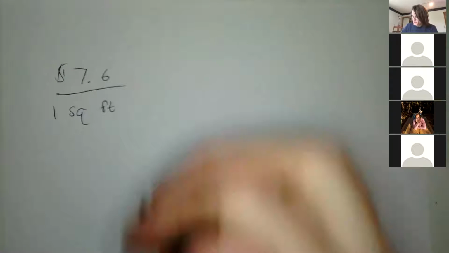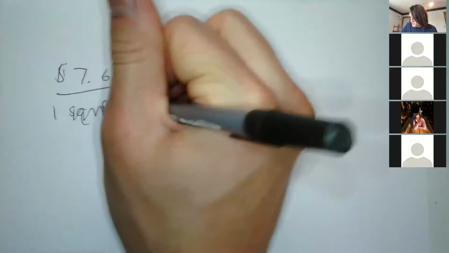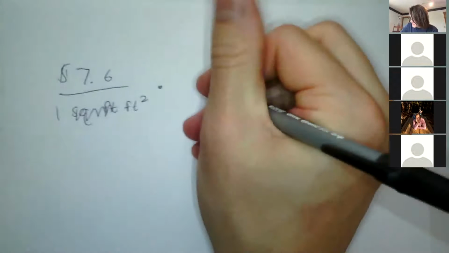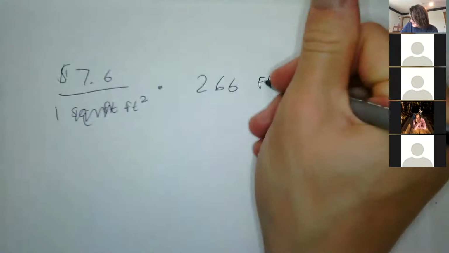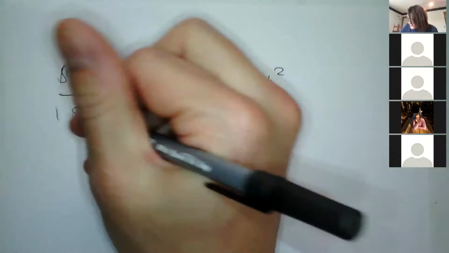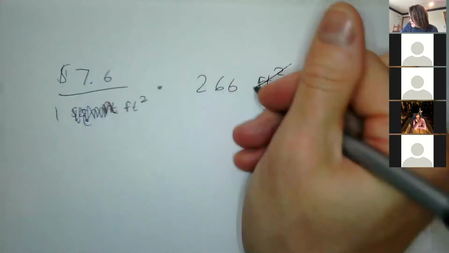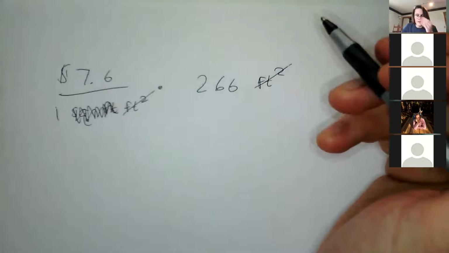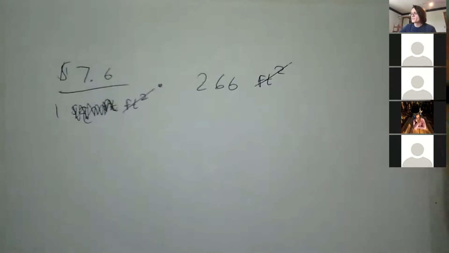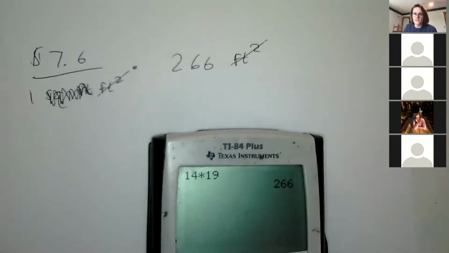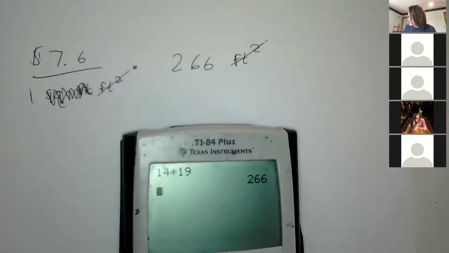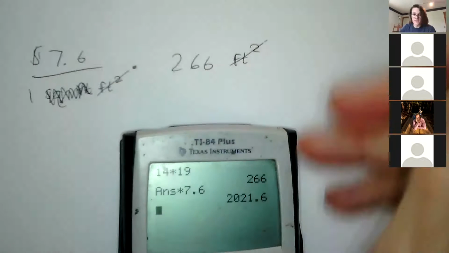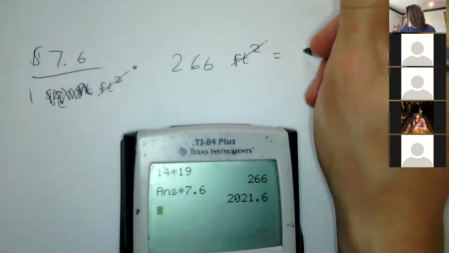And then I'm multiplying it. All right, and I should write this the same way I've been doing it, feet squared. And I'm multiplying it by 266 feet squared. And so you'll note that the feet squared cancel, and I just get dollars. And it's kind of what you wanted, right? Because you wanted to estimate the cost. So whenever you're doing these problems, always guarantee that the units are working out. So I get 266 times 7.6, and it's costly, right? So this is equal to